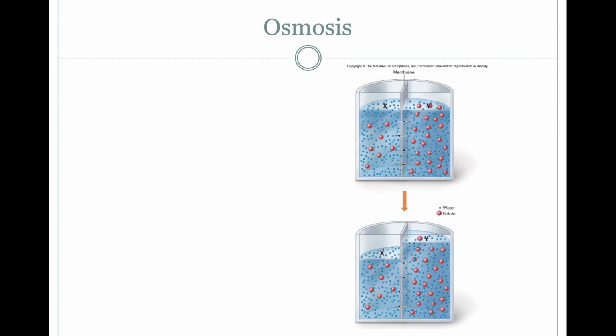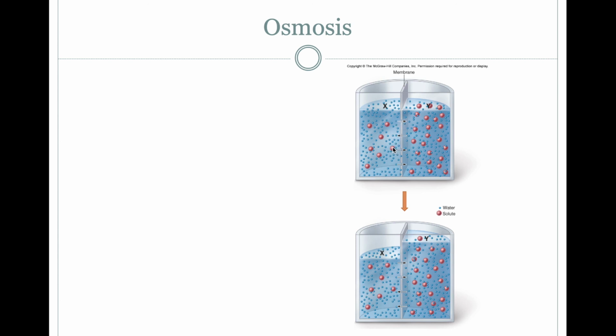Now, in class, I drew this on the board, but since we have the screen in front of us, I'll just highlight what's happening here. So let's look at this illustration of a beaker that's filled with water. In the center of the beaker, there is a semi-permeable membrane. This membrane has pores that allow the movement of one of the solutes here, but not the movement of the other. So you can see that the blue guys can move freely back and forth across this membrane, but the